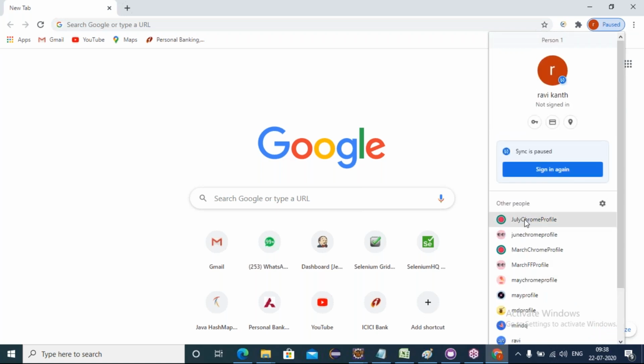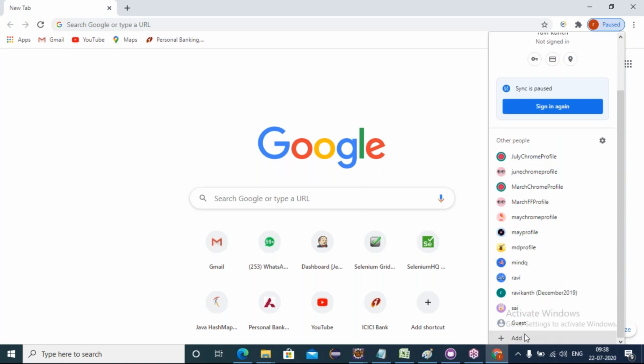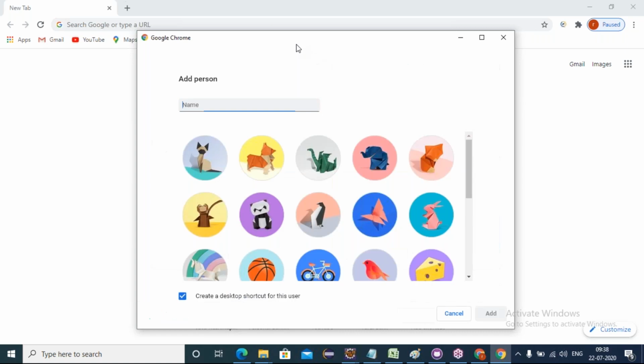Now I want to create a new profile, so I click on the add button.